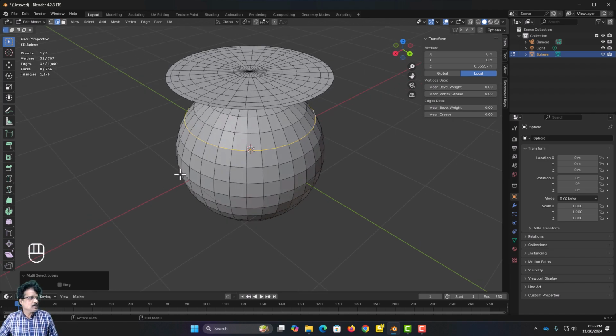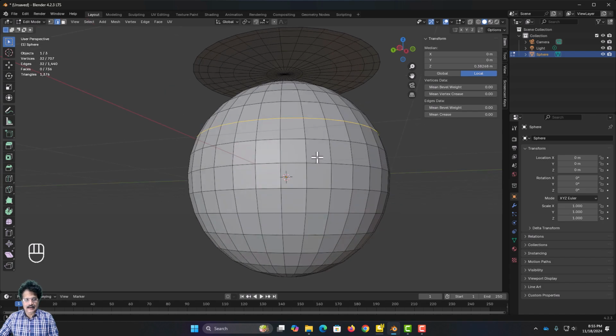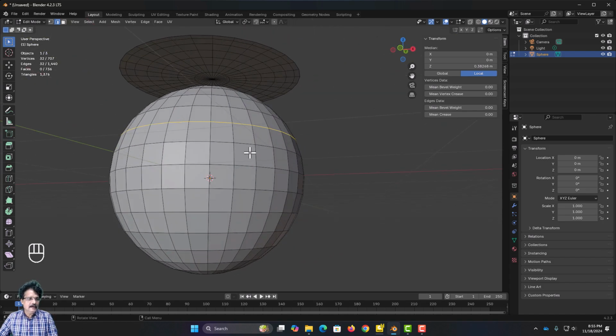What you can do is come into edge mode, then use this edge loop, and the keyboard shortcut for this is Alt and left click. Say for example, if I press Alt and left click on this particular edge, you can see all the edges are selected. And similarly, if I press Alt and click here instead, now what happens is